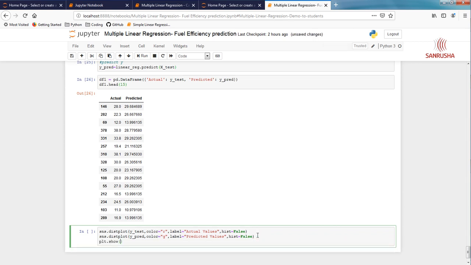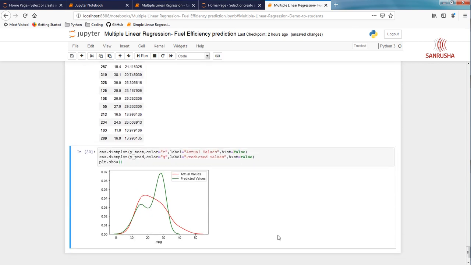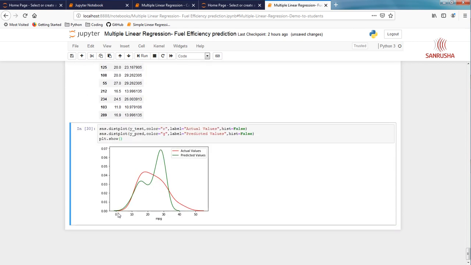plt.show. Good, let's see. Wow, here I think we got it pretty close, right? Look at this. Up until MPG 10 we are very close to each other, and then after that the variance increased, and after that we are again close. So this is a reasonably good model we have worked on. We have developed a reasonably good model on real world data. Don't forget, this is a real case study done by the university, and we are able to predict very close. And this model is a pretty good model you have worked on. You should be proud of yourself. I will see you in next lecture.